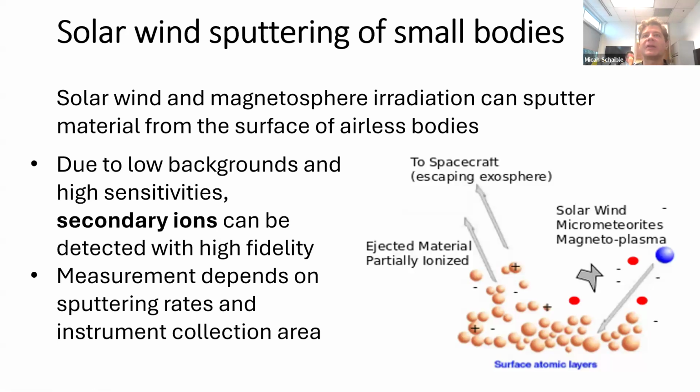The reason this is a potentially powerful and useful technique for the lunar surface is that when we're thinking about detecting water species in particular, that's typically done using mass spectrometry with a filament ionization source. So in order to detect those desorbed water molecules, you have to first ionize them. The way that's done in typical mass spectrometry is through heating of a filament, emission of electrons, and colliding those electrons with the background gas molecules to ionize them and be able to sweep them up and detect them with the instrument.